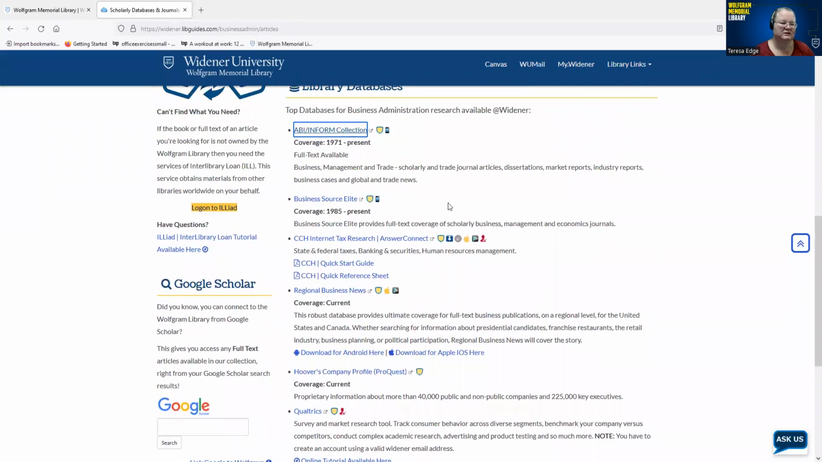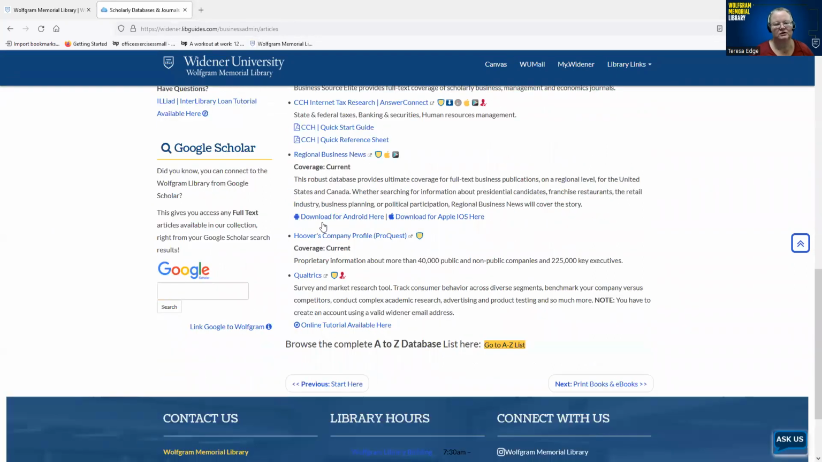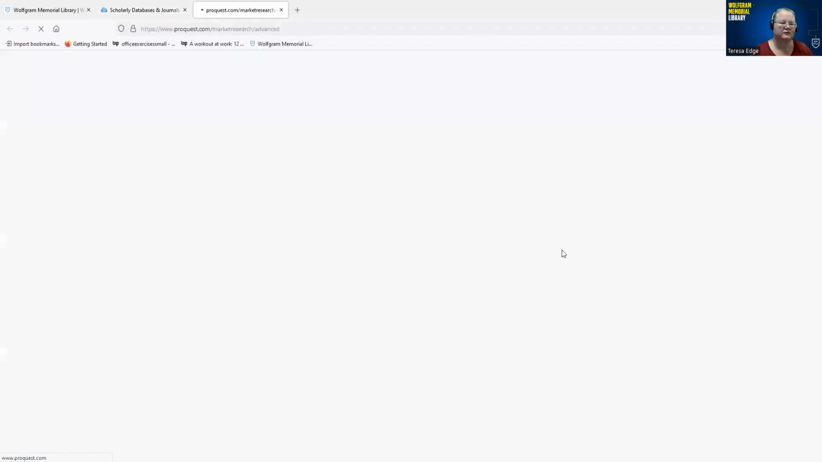Business Source Elite and ABI Inform are pretty standard, searching for literature in magazines and journals, but there are other kinds of databases too. For example, we have Hoover's company profile database that gives company reports. So if I click on that,